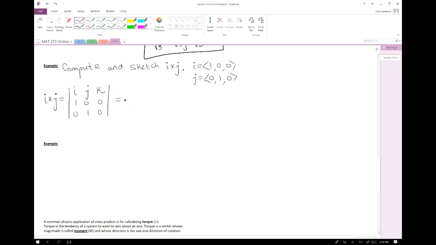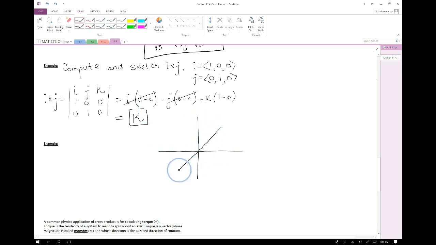So we're going to set up our 3x3 determinant matrix with our components. And for I, I get 0 minus 0. For J, I get 0 minus 0. For K, I get 1 minus 0. So it all simplifies down to just K. Now what this means graphically,